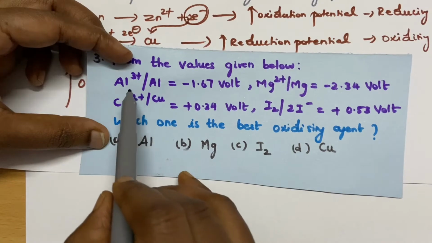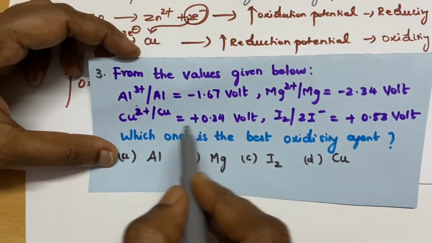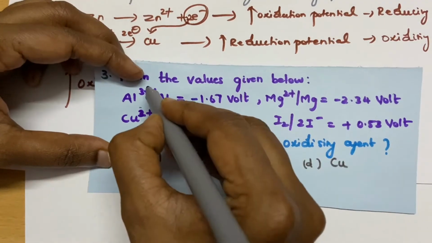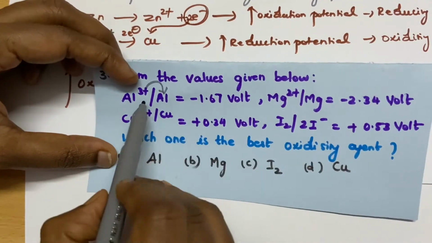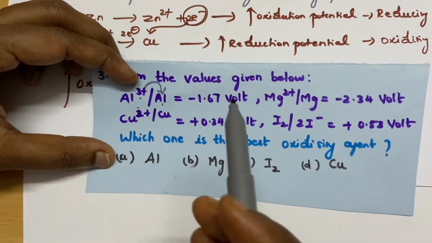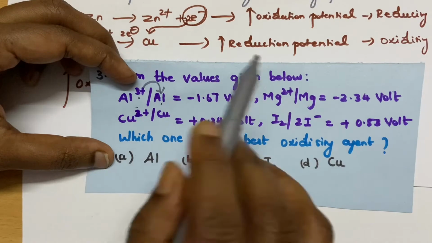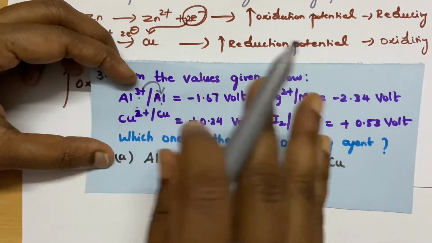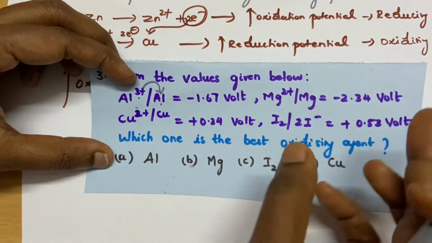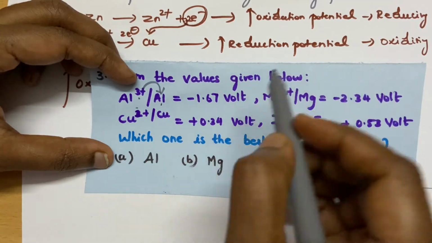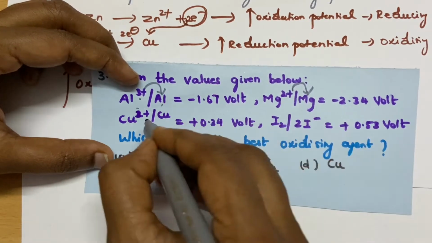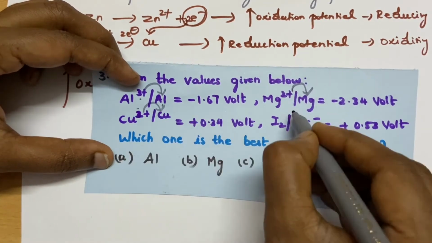Okay, so they have given the reduction potential. They have not given any oxidation potential; from this notation we have to find out. See, 3 plus has been reduced to aluminum, and be careful students, sometimes they can change in between. See uniformly whether they have given reduction or standard. If something has changed, you change the value. I told you, just change the sign, that's all. Check whether they have given everything as reduction potential. Sometimes they may change it in order to confuse you.